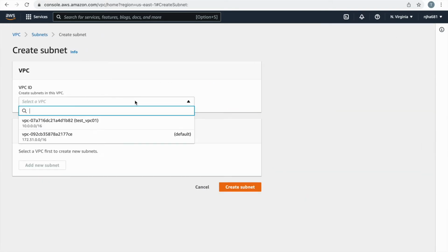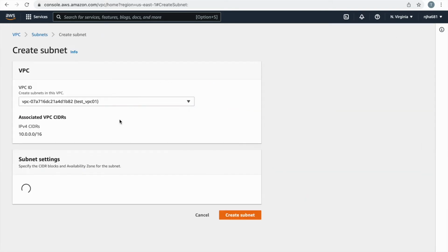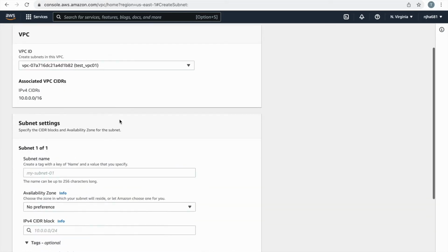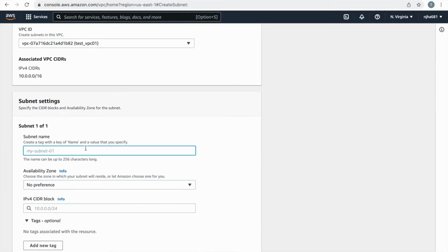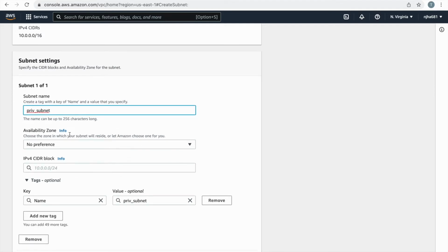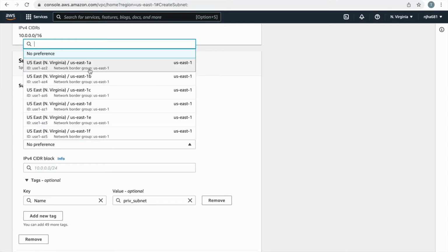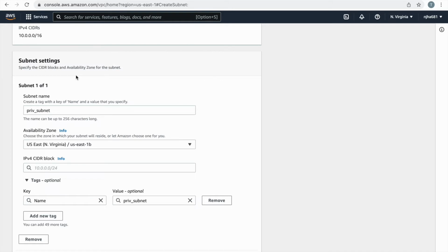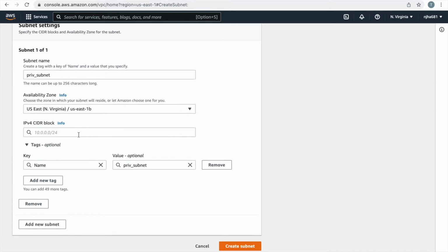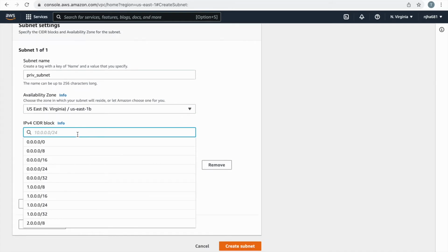We will select the VPC in which we want to create that subnet. So we will select test VPC only. Now we will give some name here. Okay, so the name is private subnet. We will select the availability zone, so we will select US East 1B. Now we will select the CIDR block.